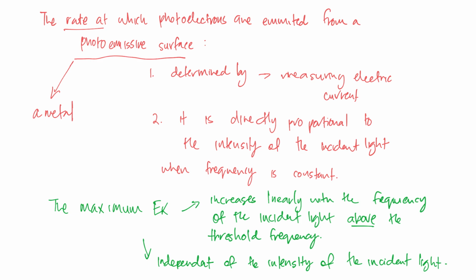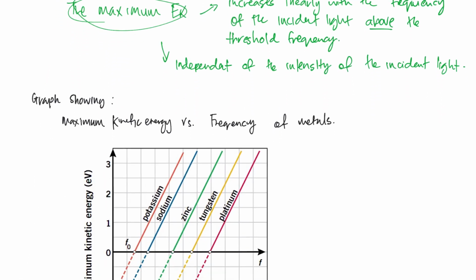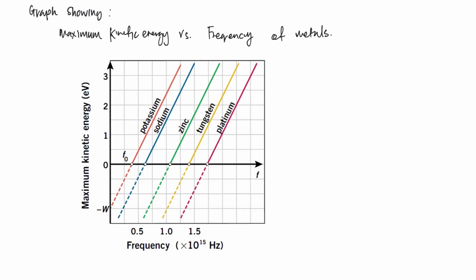So now we know things about the maximum EK and we know about the rate. Now that leads us to graph questions. So this over here is a graph showing, and you should get this into your books please, the maximum kinetic energy versus the frequency